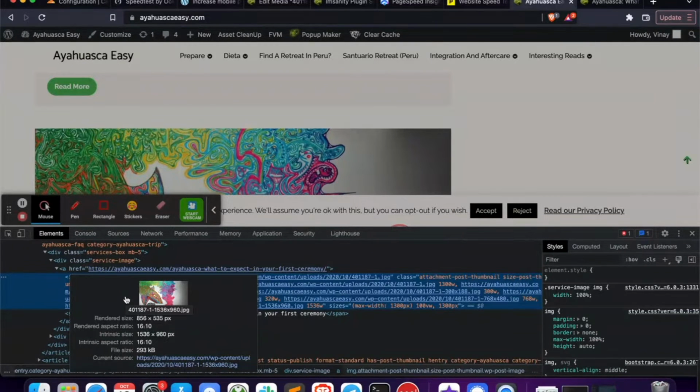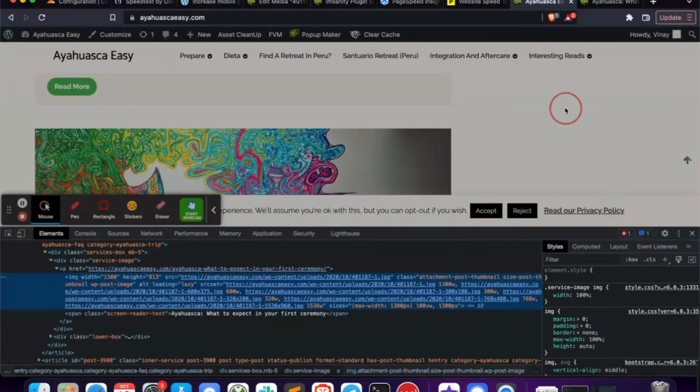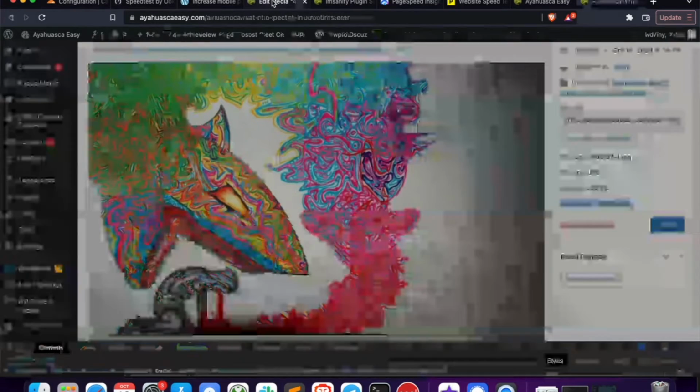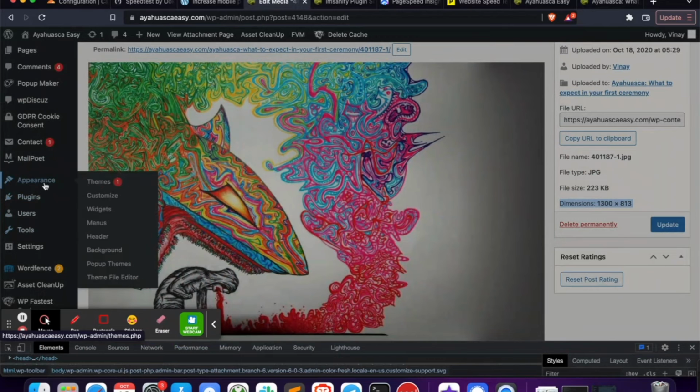So we could then resize all the images to 856 or approximate to that. And that would probably save us a much more significant amount of size on the images. The only thing would be is to figure out how to turn this off. So what I'm going to do is just check